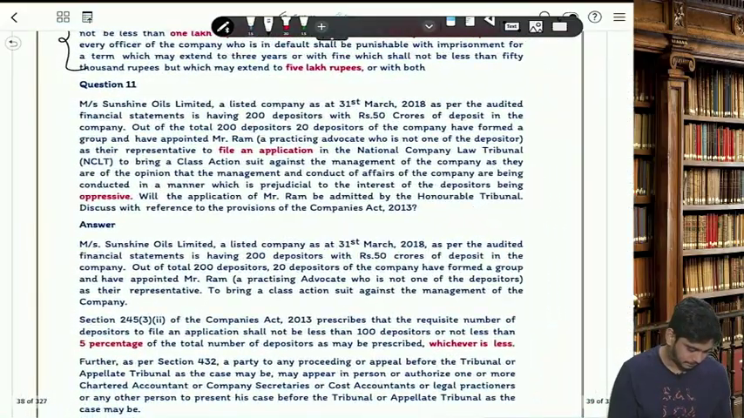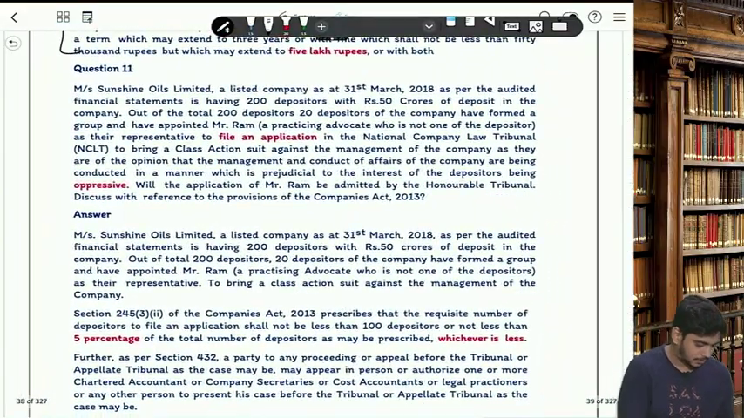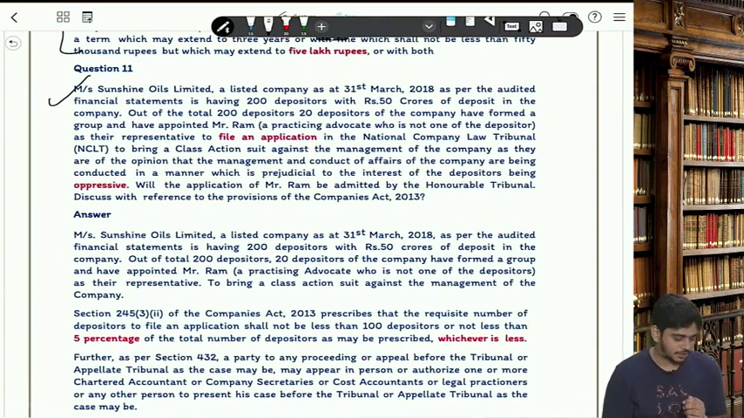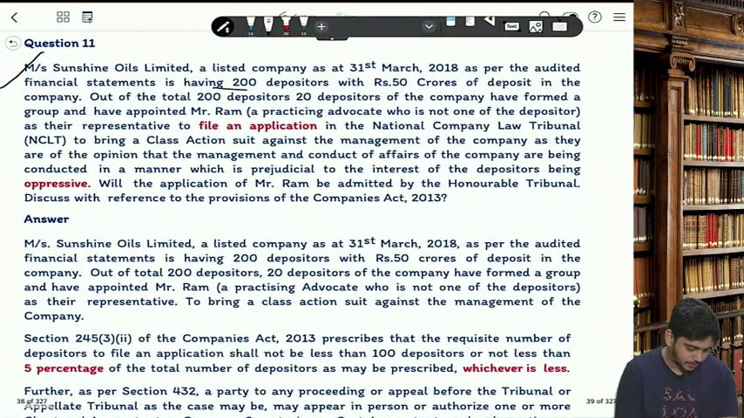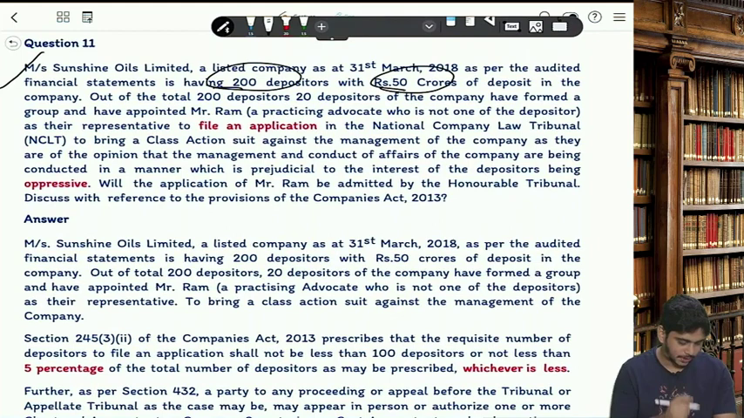Next, Messrs Sunshine Oils Limited, a listed company, as at 31st March 18, as per the audited financial statements, having 200 depositors with 50 crores of deposits in the company. Out of the 200 depositors, 20 depositors of the company have formed a group and have appointed Mr. Ram, a practicing advocate, who is not one of the depositors, as a representative to file an application,